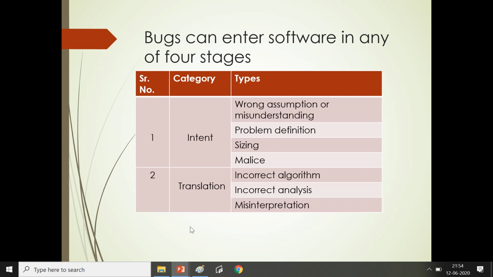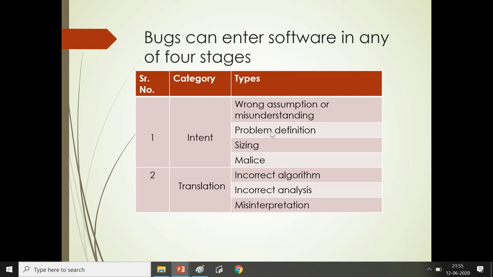The first is intent. Basically, the severity of the problems that bugs present is usually related to how early the bugs are introduced. Errors in developing the requirements are almost always more costly and difficult to diagnose than those introduced later in the process. Errors or bugs in translation tend to be less severe. The second stage, translation, is less severe but can still produce some baffling problems. Actual operation can introduce errors also. The dynamics of interacting or multitasking modules can cause serious problems.